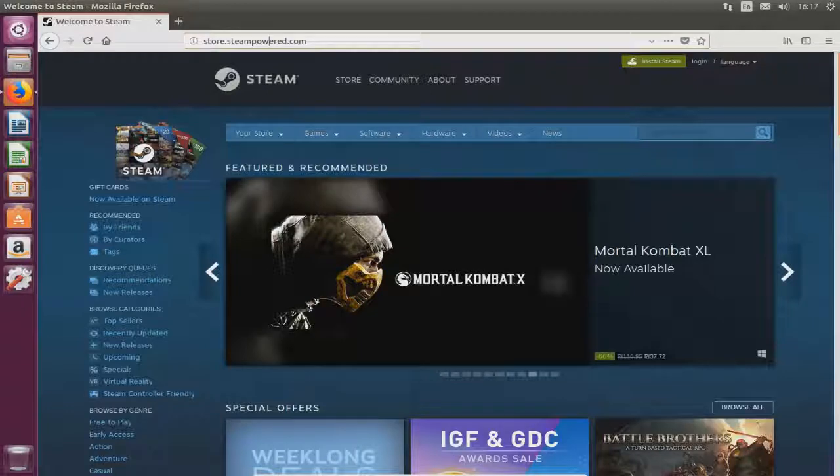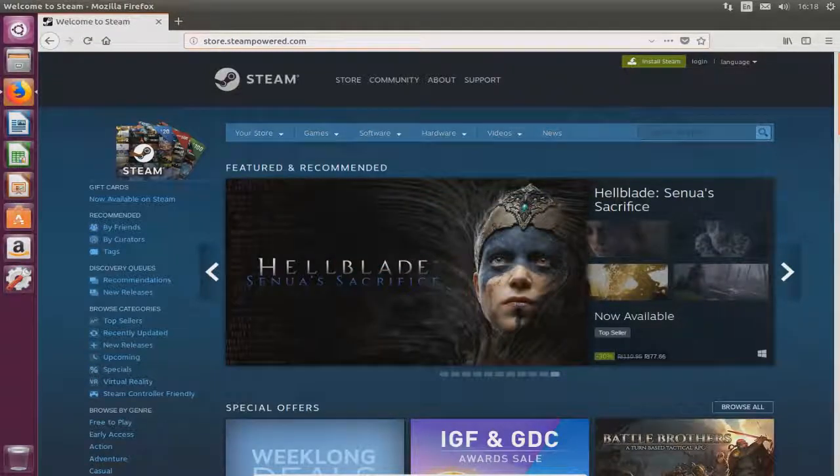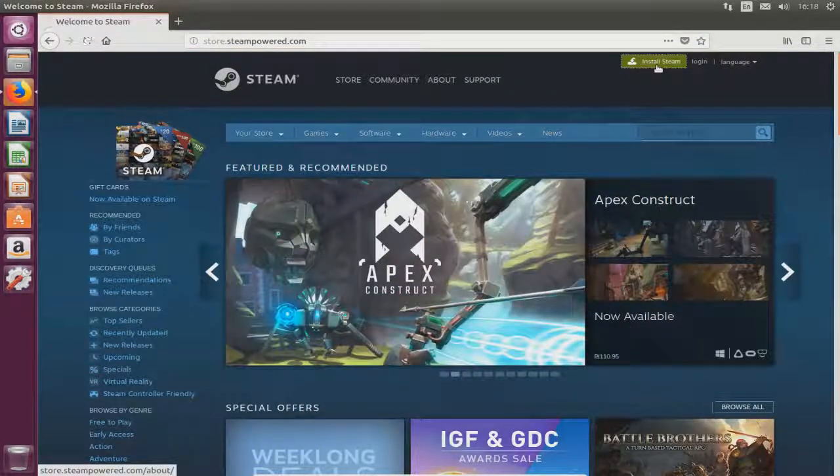Today I will show you how to download Steam, the gaming client. First thing, we will go to the Steam website. Just Google Steam and it's the first result. Second thing, you can see here, install Steam. Click it